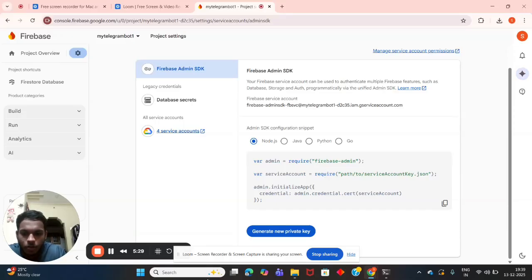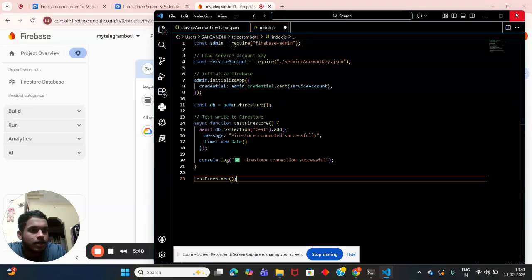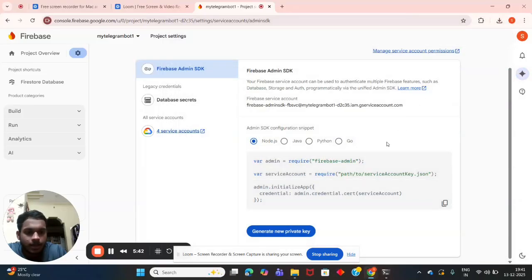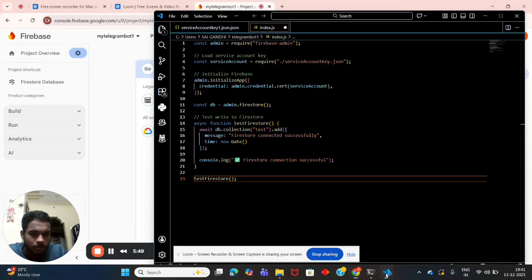So we have to open VS Code for it. So let me do it. So I'm opening it. Yeah, this is the code basically. So index.js. Wait a second. I want to save it. So